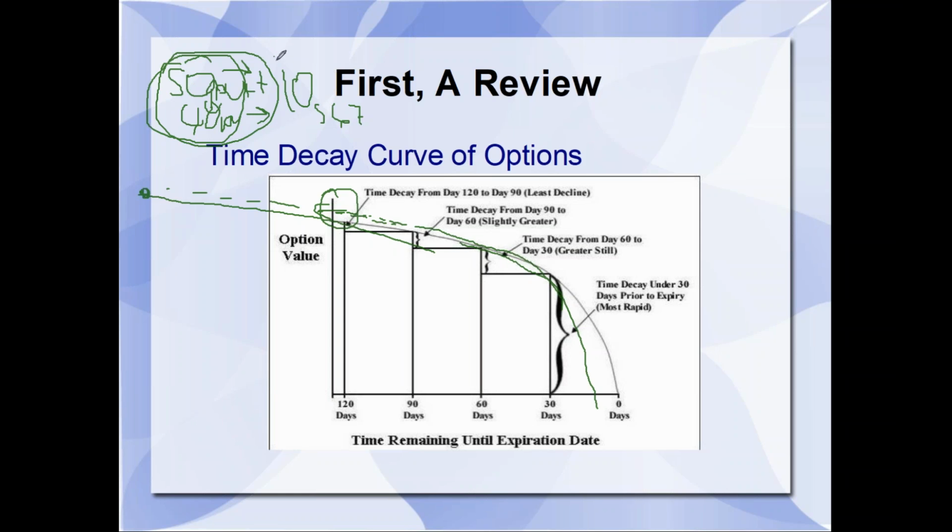At the same time, even though the stock's falling, you're going to lose some value on that 52 call. But even if the stock's at 45, it's going to retain maybe $3.50 to $4.50, maybe $5 of time premium. You're not going to be able to buy it back for 10 cents, 15 cents until you get into this time frame, or unless the stock's trading at $13, $15, maybe $20 per share.